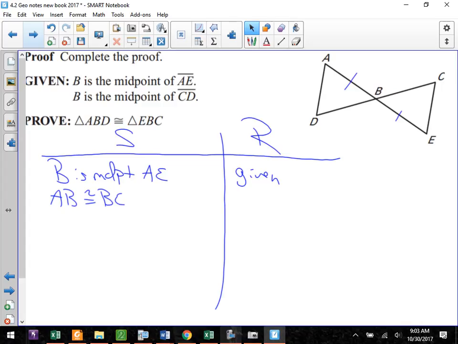Again, the reason is definition of a midpoint. I was given a midpoint. I wrote what it did. The reason I wrote it is because that looks like